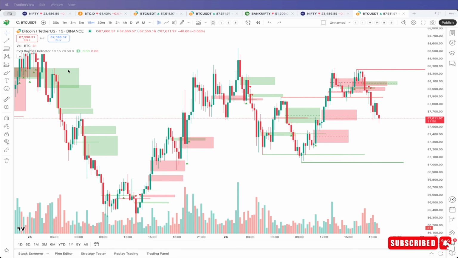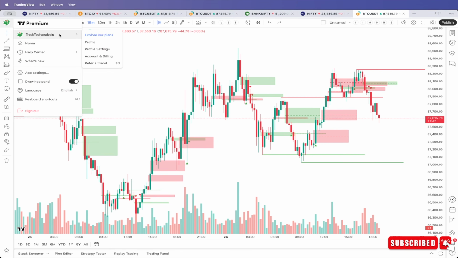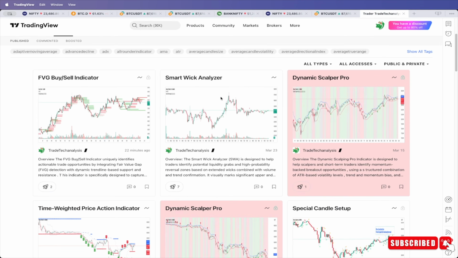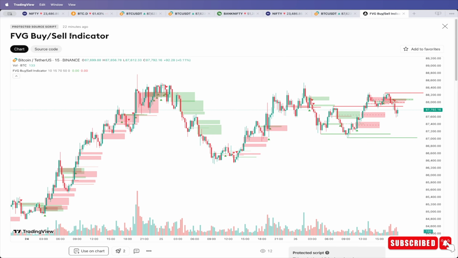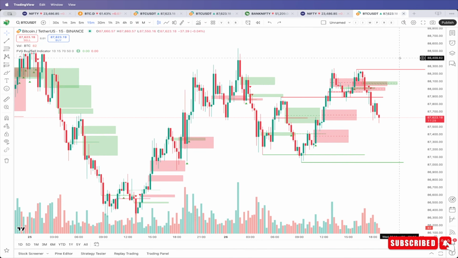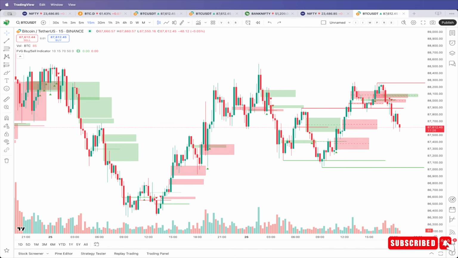So this is the FVG buy sell indicator that I have published already, and let me show you. Under scripts, this is my FVG buy sell indicator. This is the name of the indicator, you can find it with the name, and you can explore all other indicators as well on my website, tradetechanalysis.com, which is in the signature of my TradingView profile, and I will also put the link in the description as well. So FVG is basically the fair value gap